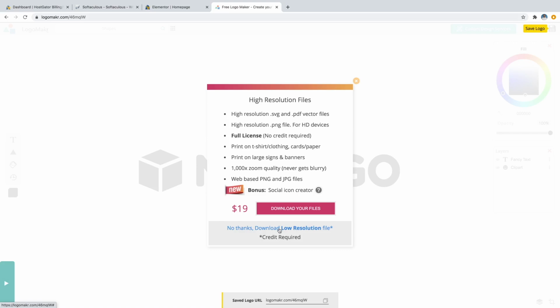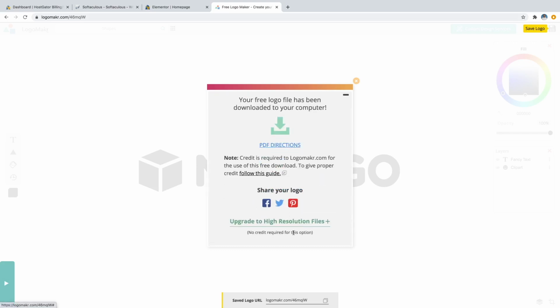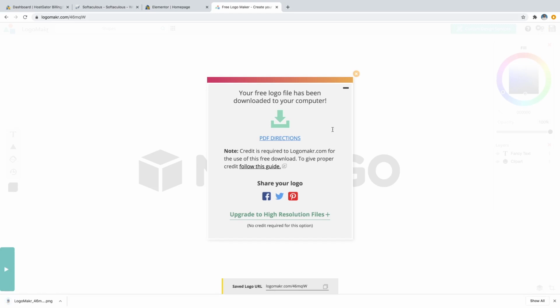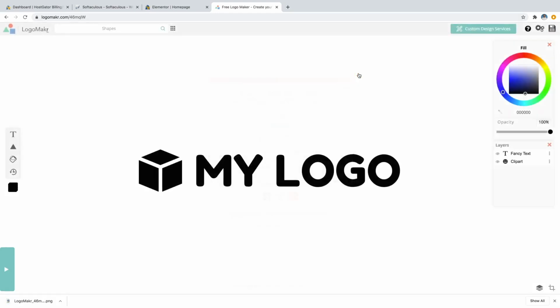And it's completely free. So it's also going to ask you to credit them. You can just put a small line like "logo by Logo Maker" somewhere on your website, very small. But yeah, you can just go ahead and click on that, and then that will download that for free. So we're just going to X out, and then we're also going to need to create a site icon for